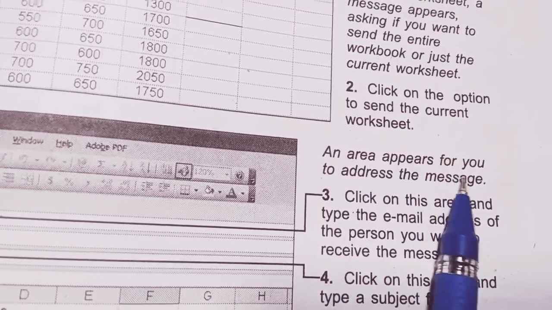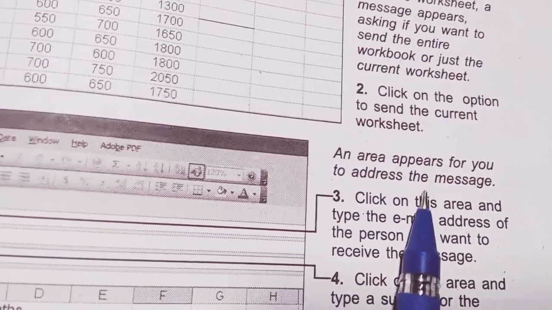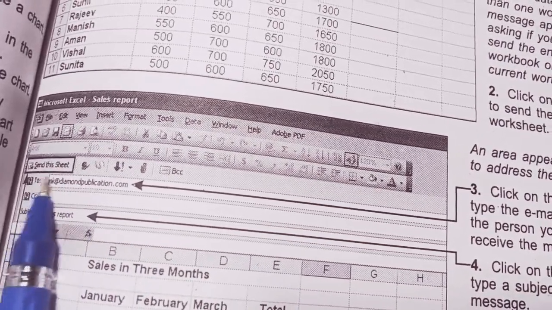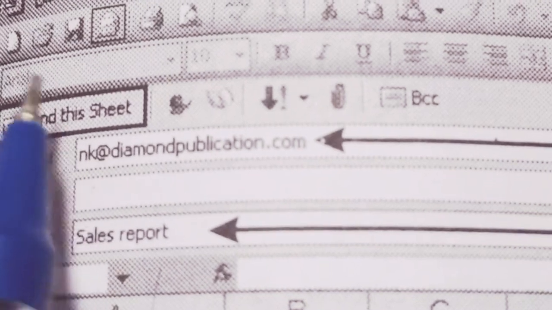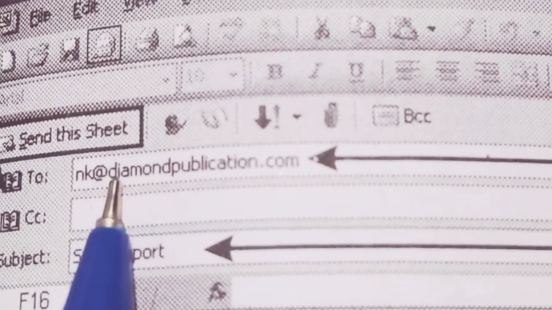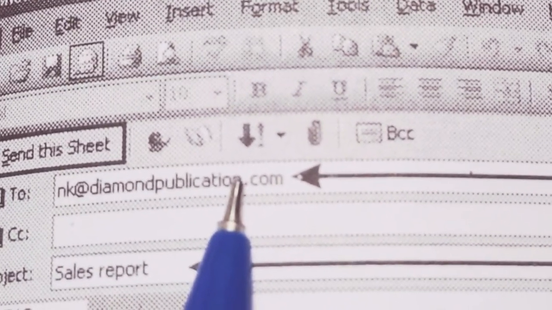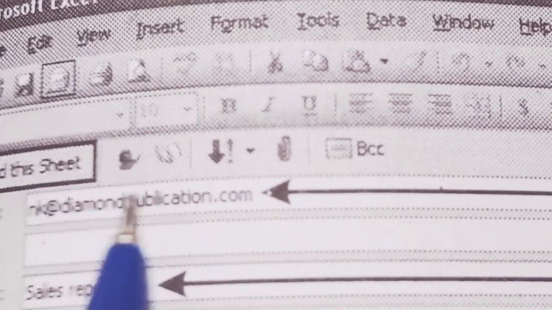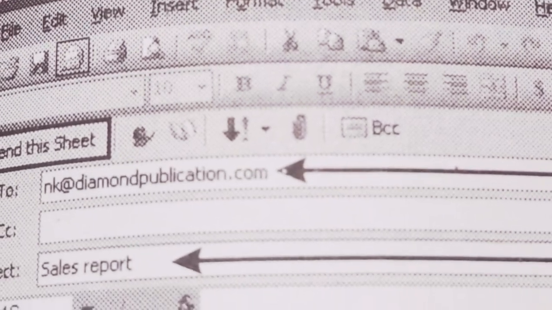An area appears for you to address the message. Here write the message. To send to colleagues or friends, write here their email addresses and we are going to send.